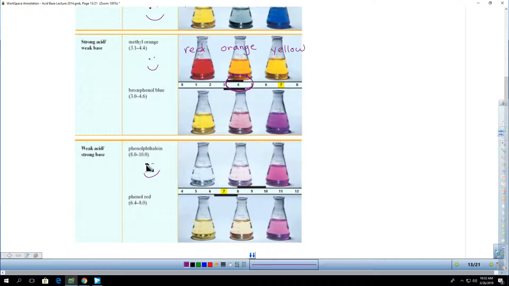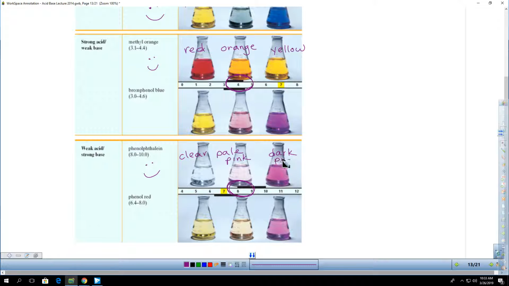So I might give this one my smiley. And you've probably used this one before. When the solution is acidic, it's crystal clear. And then right around a pH of 8 or 9, it turns really pale pink. So it starts off clear. And this is a super light pink, pale pink. Like cotton candy pink. If you go too far and it goes super basic, now it's a dark